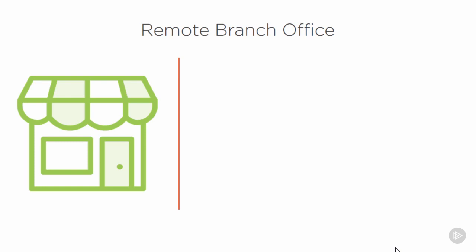So when we start talking about a use case, we can look at a file server. Most remote branch offices have a file server on-prem that they utilize for that local team, and then they need to back that up somehow. So one of the things that you can use a Unity VSA for is to go ahead and stand it up and then use it for its file function. You set up the file portion and then you present shares of different types out to clients on that site, and you're able to then review that information, capture that information, delete that information, modify that information, just like any